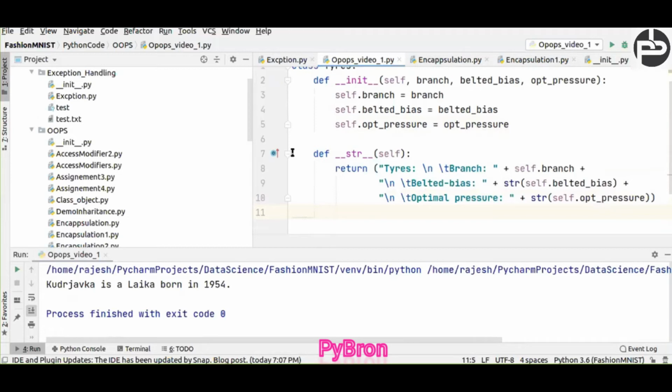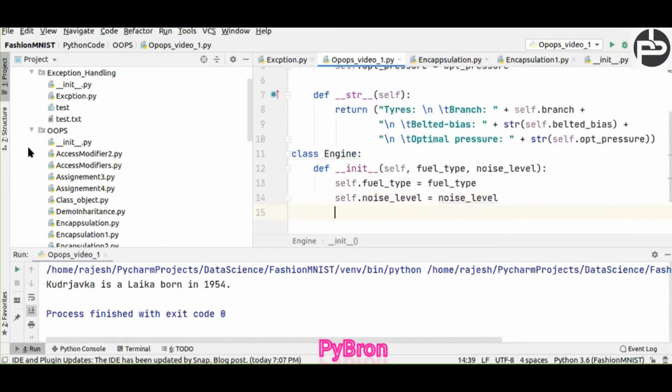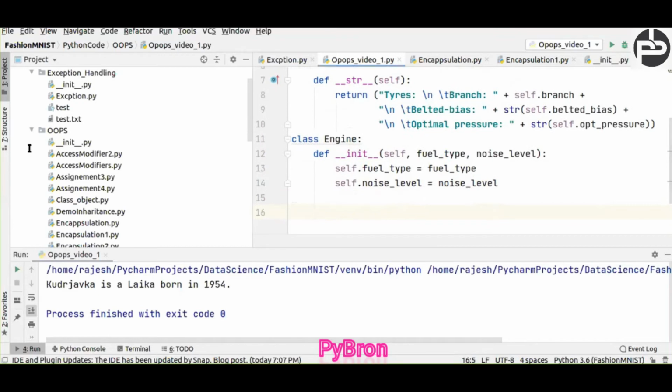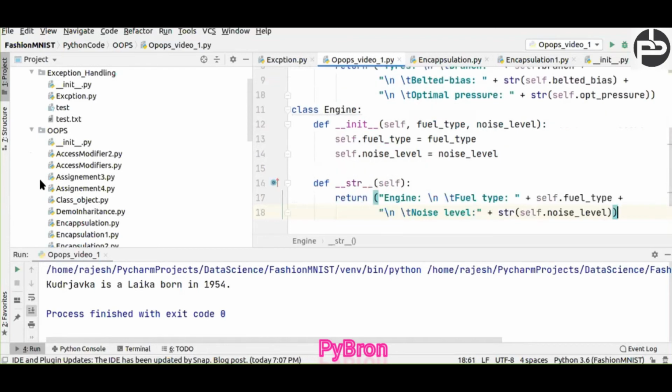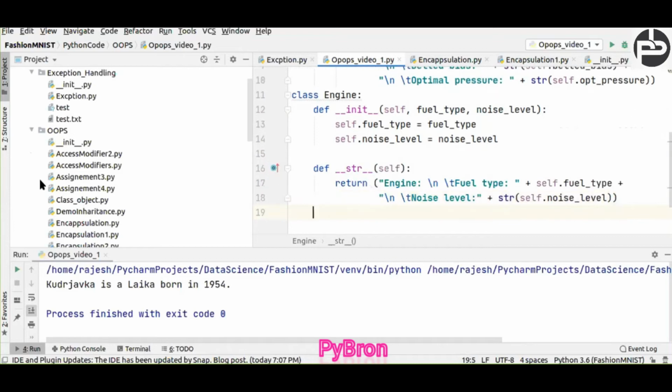Then I create one more class, Engine, with engine noise level and engine type, meaning the kind of fuel we store, and again a string method so that we can call all the variables with the help of the object.